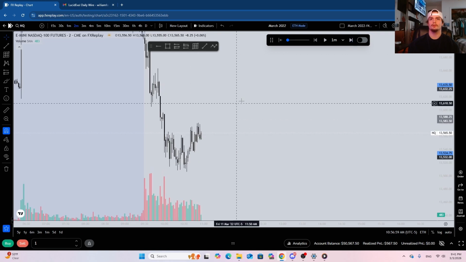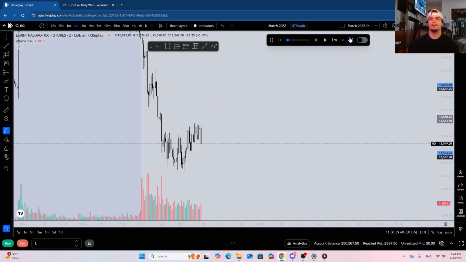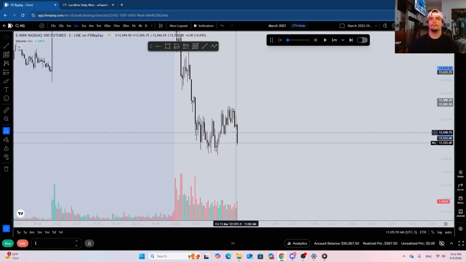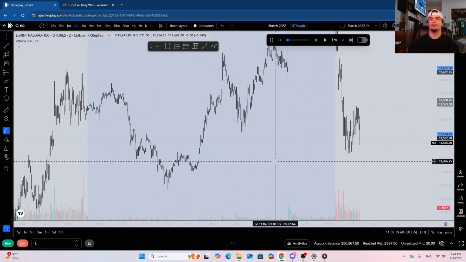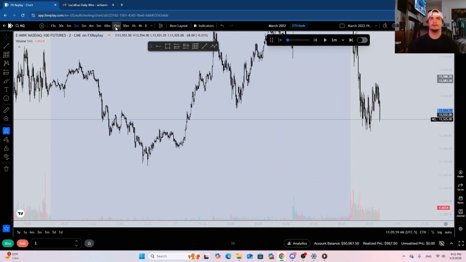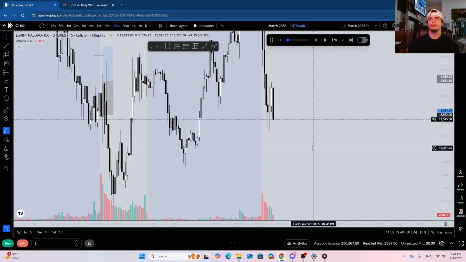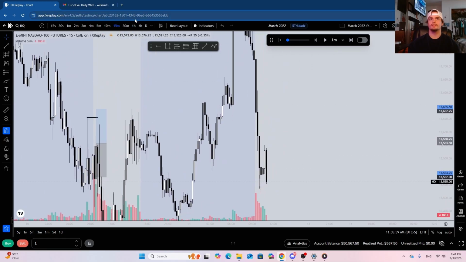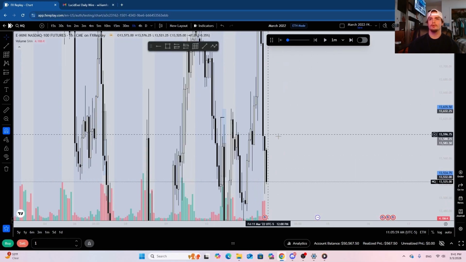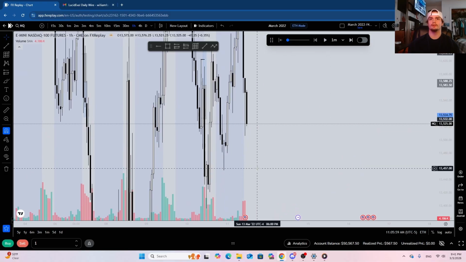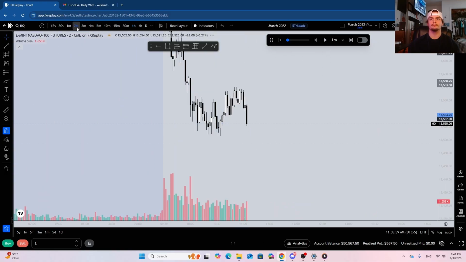At this point, it already might be 11. It's getting close. Okay, now it is 11:04, but I do think that this draw is still pretty intact. We see we came up. Did we inverse this 15-minute? We respected it by the tick. So this could be a solid entry for us. We do have an unfilled hourly above, but I do think we would come down and at least take out these lows before retracing.